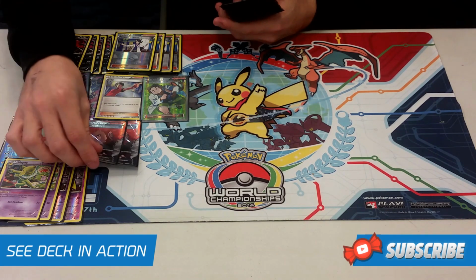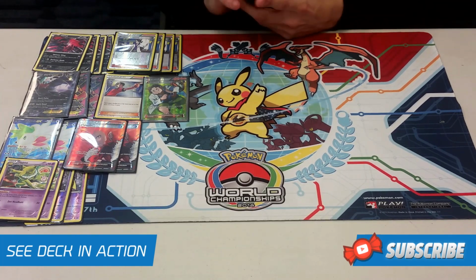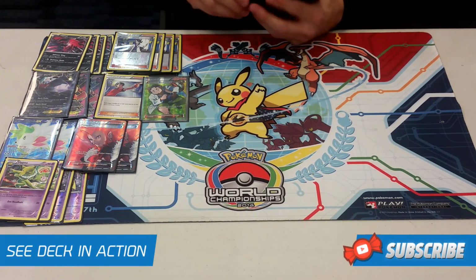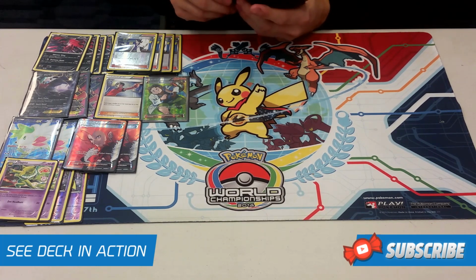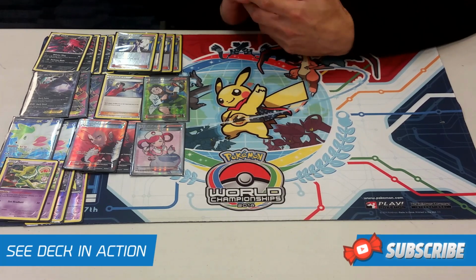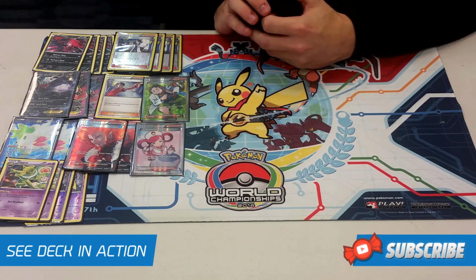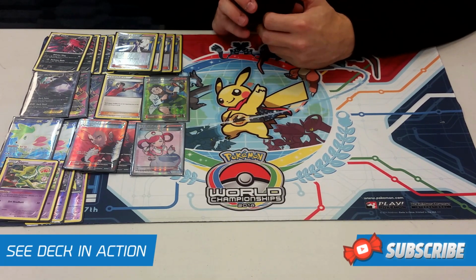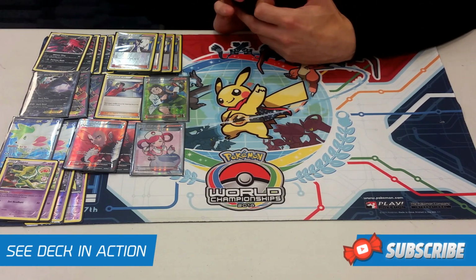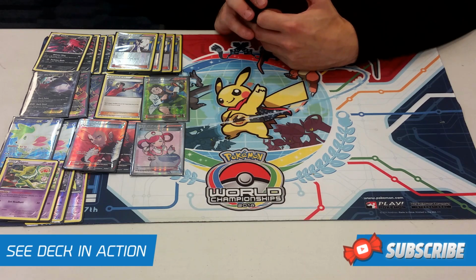So next we have 2 Lysandre, pretty standard for most decks. You get to bring up Pokemon from the bench and hopefully knock it out. And then the more interesting supporter we're playing is Pokemon Center Lady. This is one of the ways we're going to deal with the sleep condition that we were talking about. So not only does it get rid of the sleep condition that Hypno puts on you, but you heal 60